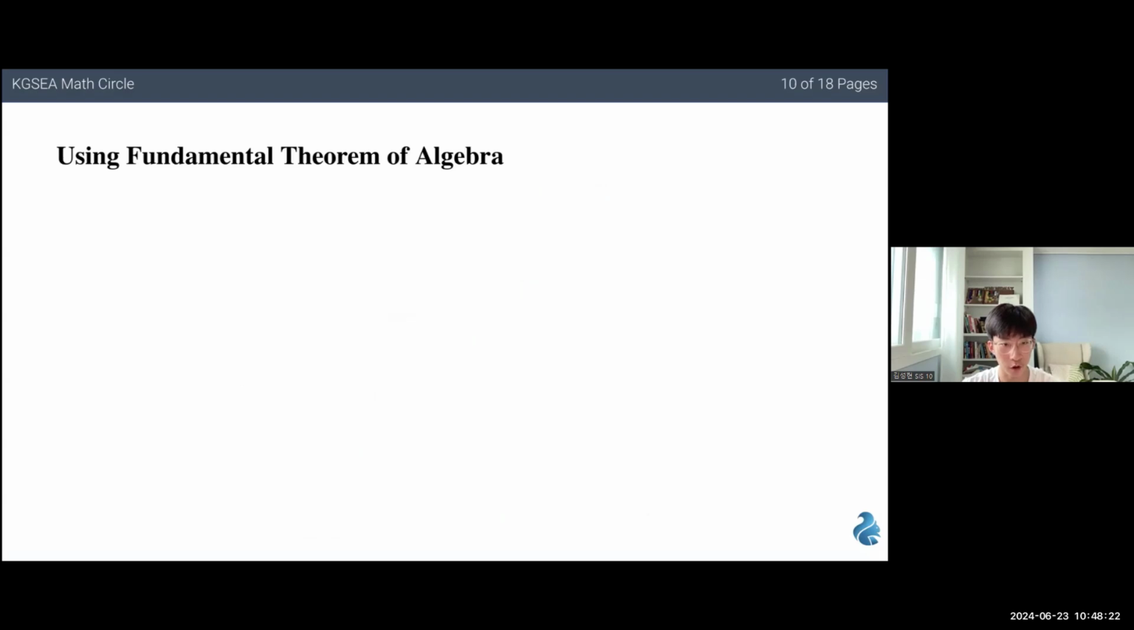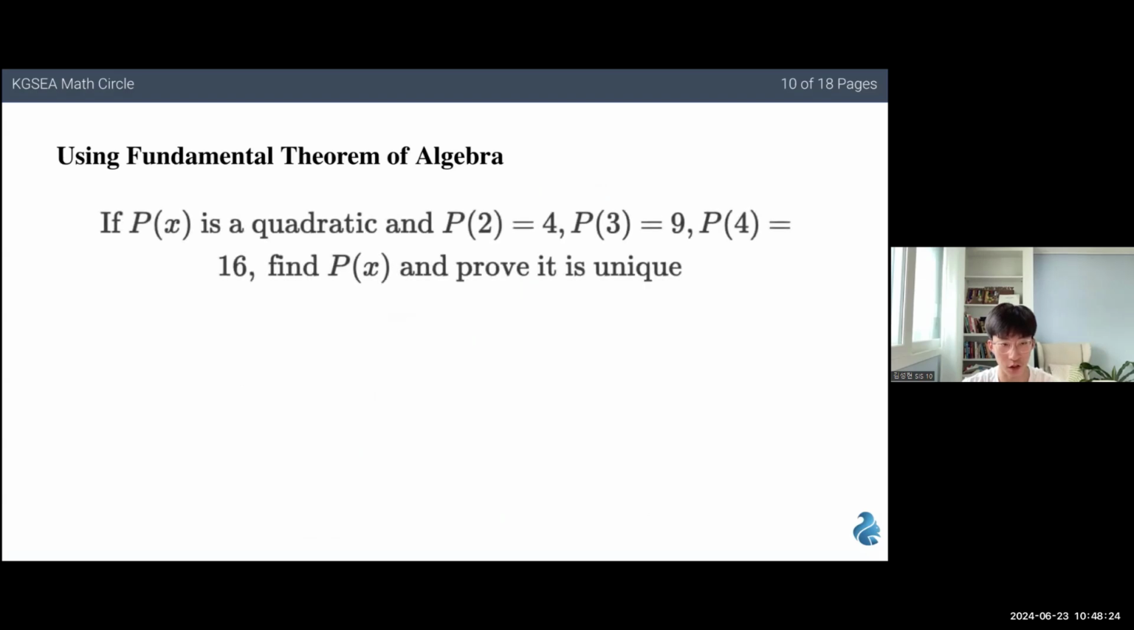So now let's also look at this example here. p of x is a quadratic, and p of 2 is 4, p of 3 is 9, p of 4 is 16. Then we're asked to find p of x and also prove that it is a unique solution. So of course, it's pretty easy to see that p of x is equal to x squared, but how will we rigorously deduce this? Well, first, we define a new polynomial q of x, which is equal to p of